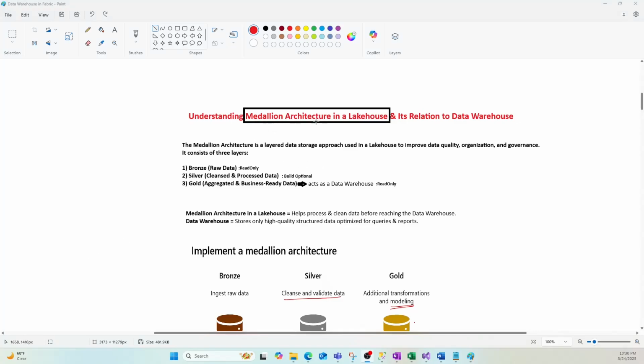Let's talk about Medallion architecture in Lakehouse and how it's going to help build good data warehousing with this architecture. So Medallion architecture is a layered data storage approach. When you say the layered data approach, it will have three different layers as of now: bronze layer, silver layer,